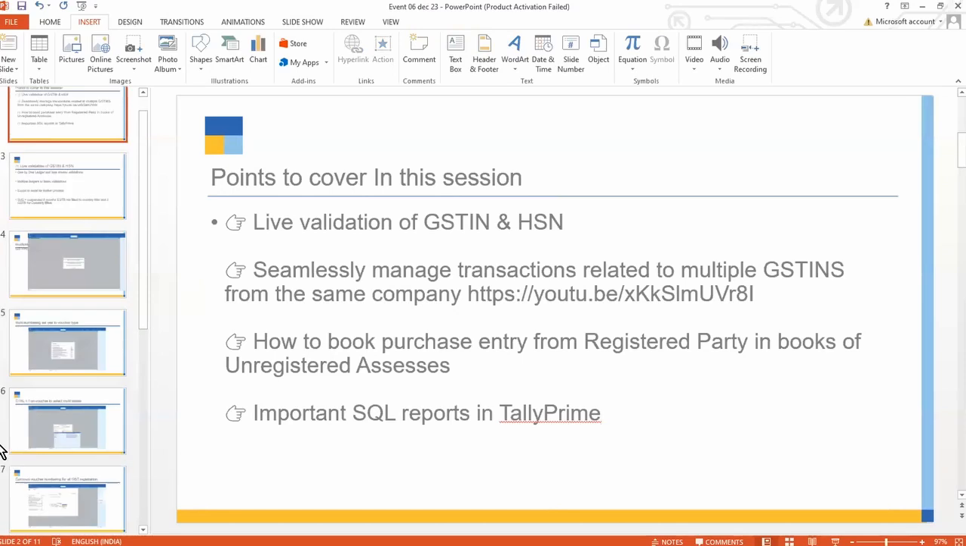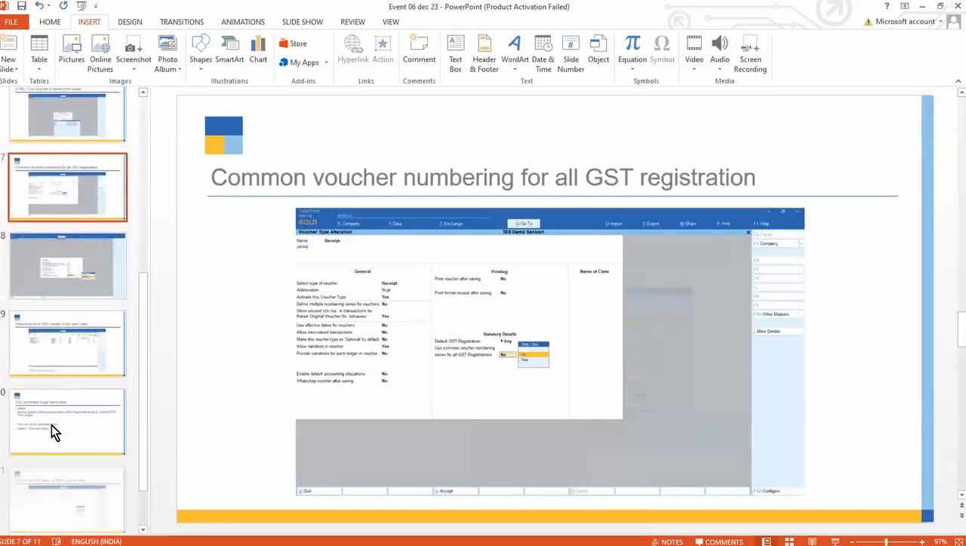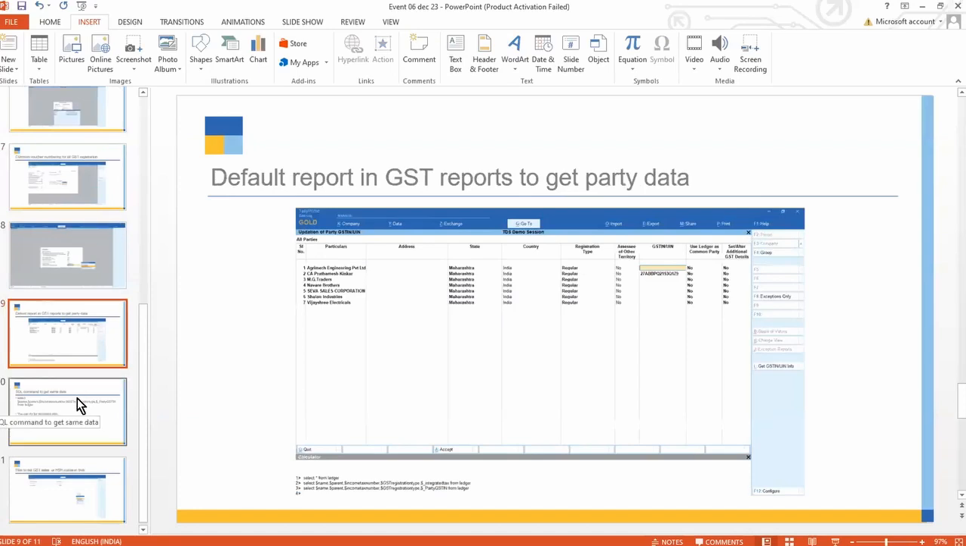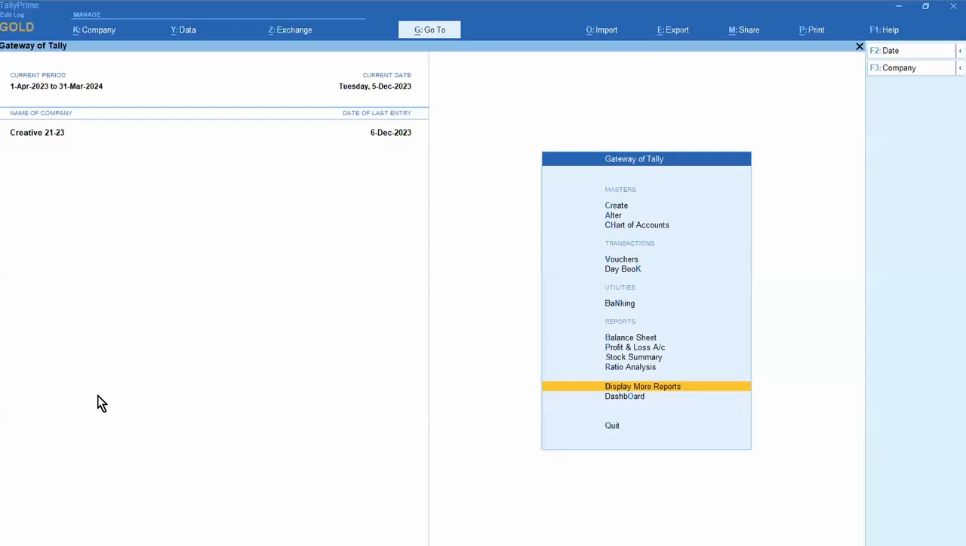First, is it required? No. Actually, we can take reports from Tally directly. See, I want a report which can show me party number, GST registration type, and whether GSTIN is available or not. Okay, so you can use here display